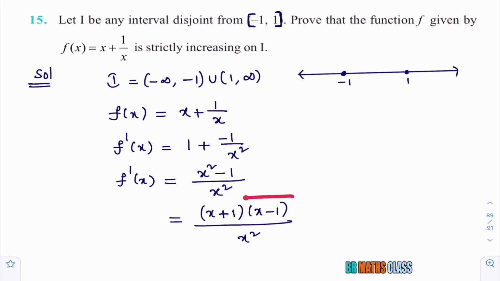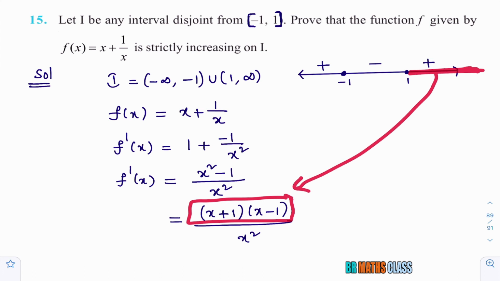As per the wavy curve method, we can say when this expression is positive and when it is negative. The wavy curve method says that after writing the critical points, in the rightmost interval you keep plus and then write alternate symbols. So it is very clear that this expression is positive in this interval. If you want, you take any one number in this interval, substitute in this, definitely you are going to get positive only. In the same way, you take any x value in this interval, substitute in this expression, this is going to be positive only.